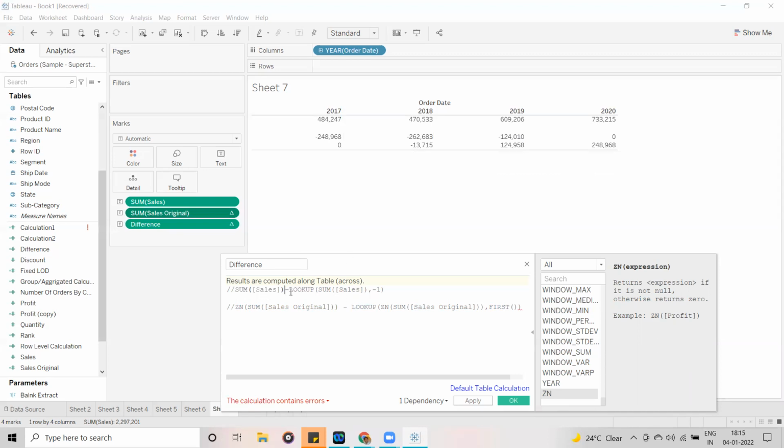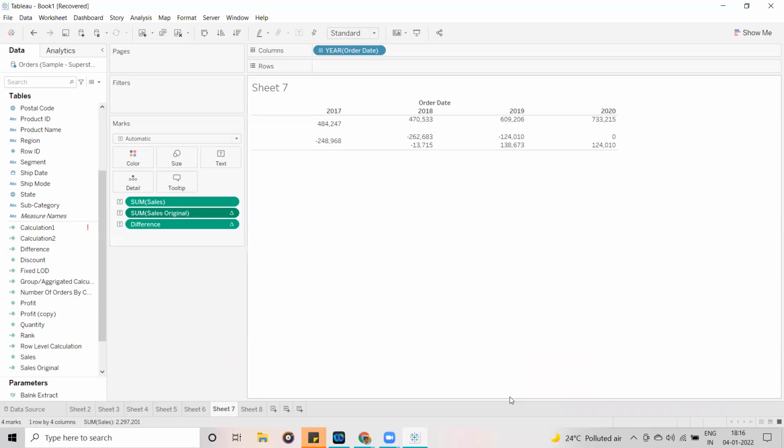You might not know the function the first or second time, so you can Google how to find lookup. Whoever has a little experience in Excel will come to know the lookup function. So this is how we can find the difference.